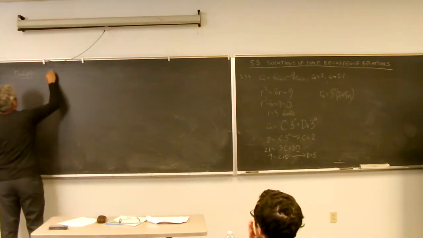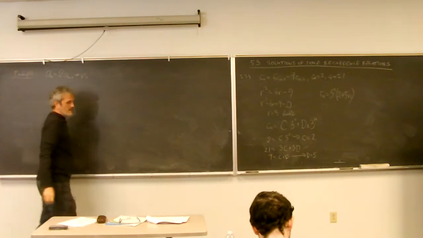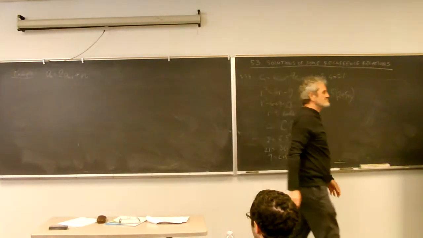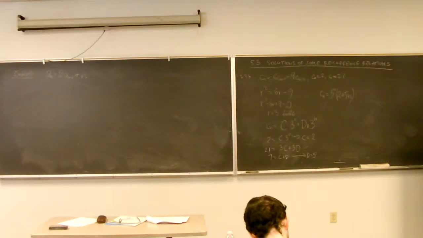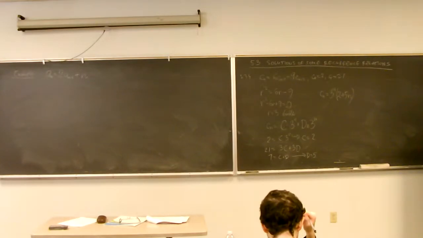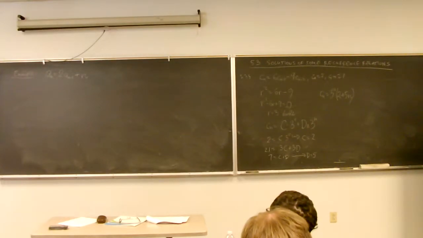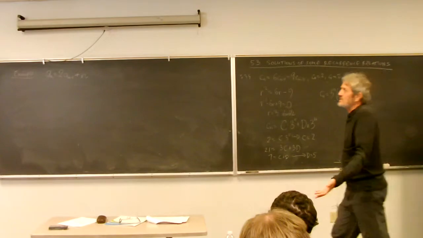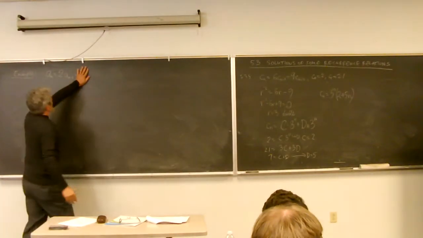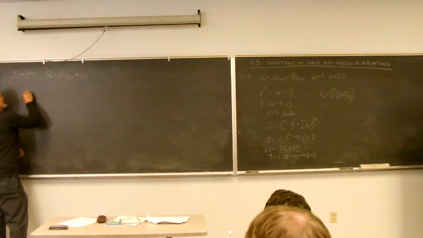It says an equals 2an minus 1 plus n. What happens here? Do I have a recurrence relation? I do. But of which order? First or second order? How many predecessors do I have? Only one predecessor, do you agree? So that makes it even easier, because then I will immediately tell you. If I didn't have that n, this would be very easy. So consider first